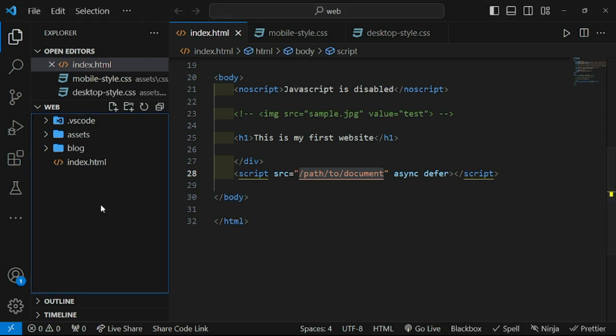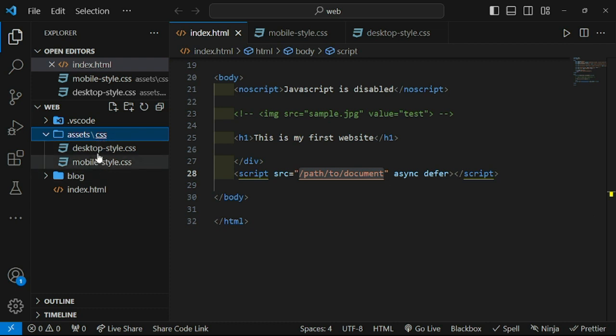So right now, in our assets folder, which we also created inside this folder called web, we had a CSS folder also, where we created our desktop style.css and mobile style.css. So inside the assets folder, we'll be creating a folder called JS. And inside of that JS folder, we'll be creating a file called